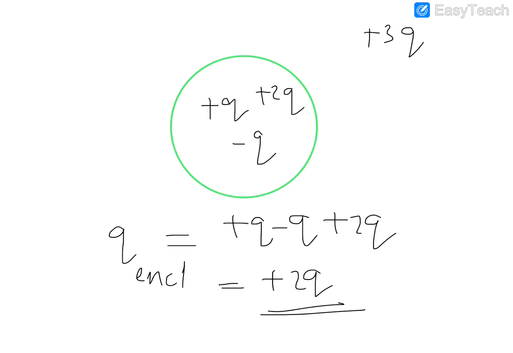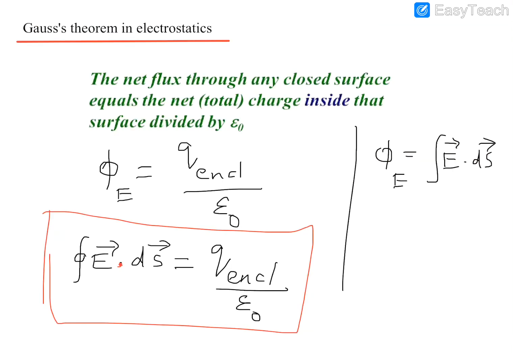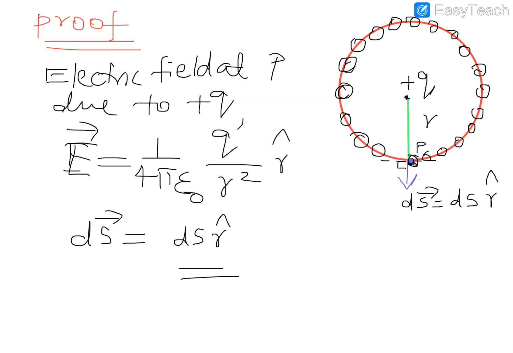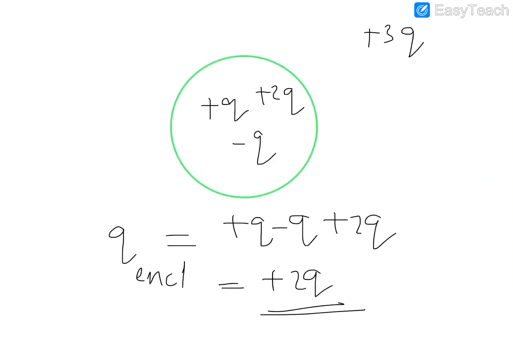In Gauss's theorem, you must use the enclosed charge only, not the entire charges. So this is the mathematical statement of Gauss's theorem, and this is the proof for Gauss's theorem. It is very important. Now in the next lecture we will apply this theorem in some situations, some cases, and we will find the electric field in those cases. Very easily we can find it within 2-3 steps, but if you apply Coulomb's law it will be difficult to get it. That is the importance of Gauss's theorem.